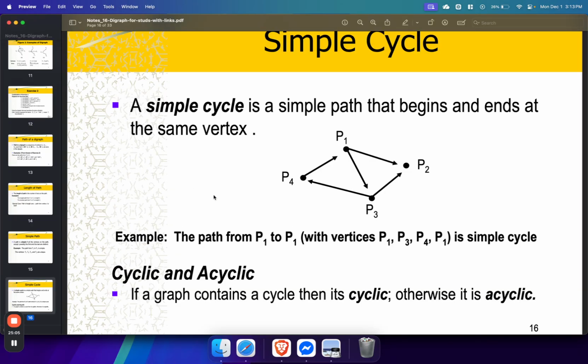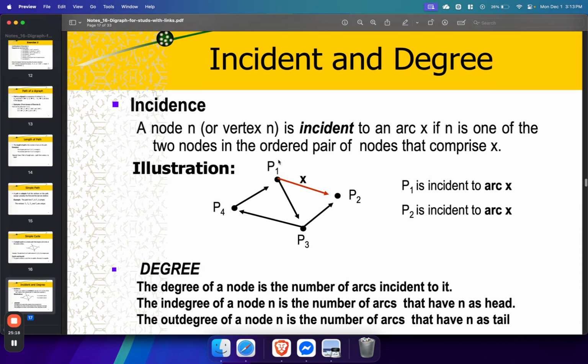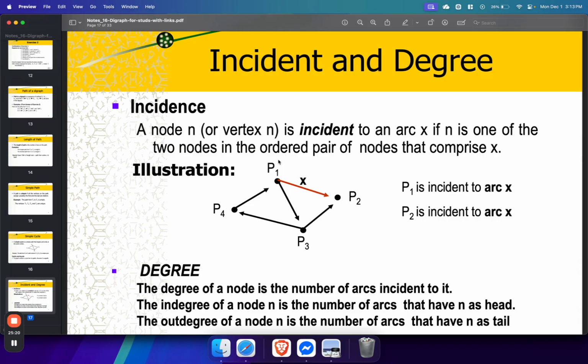Cyclic. A graph is considered cyclic if it has a cycle. Otherwise, it is acyclic, meaning walay cycle. So we're almost done with the definitions. Don't worry, we're going to reach implementations and then algorithms very soon. Let's just be a little bit patient.